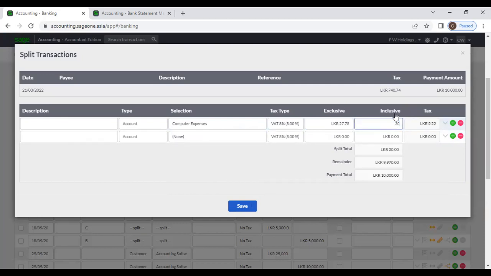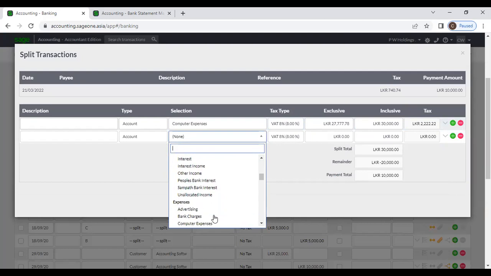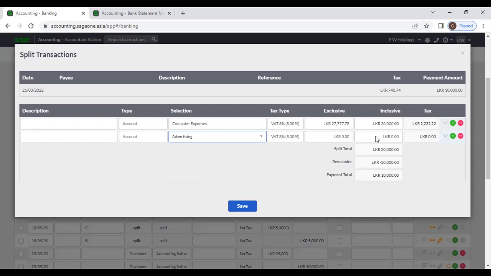Okay, we will pay 3,000 for computer expenses. And advertising 2,500,